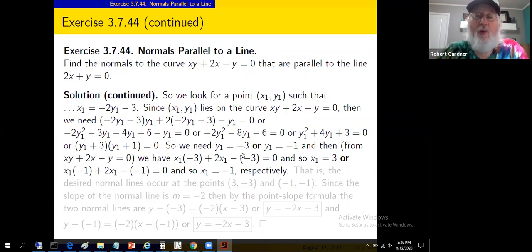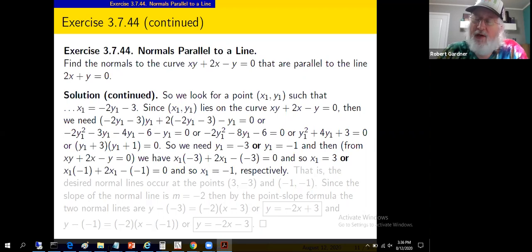So take the y1s and plug them into this equation if you like. We've also got an equation up here that relates x1 and y1. Plug y1 equals negative 3 into this equation, you'll find x1 is 3. Plug y1 equals negative 1 into this equation, say, you'll find x1 is negative 1. So we've got 2 points: the point (3, negative 3) and the point (negative 1, negative 1) as points on the curve where